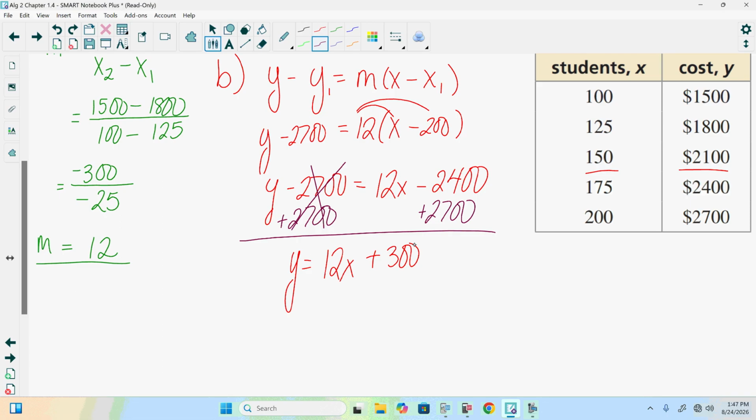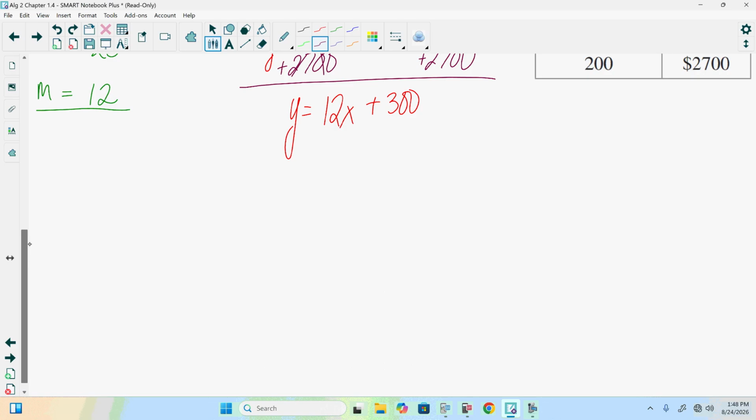Questions on how we got this line? So we got this equation to be able to figure out how many students must attend for the costs to be the same. And really, we're comparing these two here. We're wanting to know when the y values are the same, yes? We're wanting to know when these have the same y. So really what we're doing